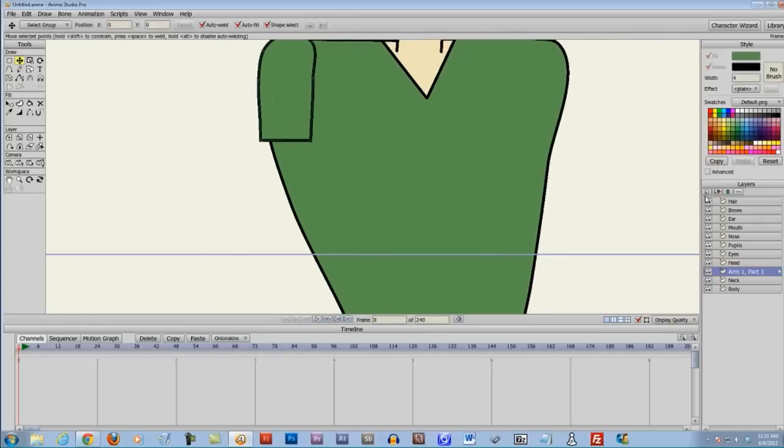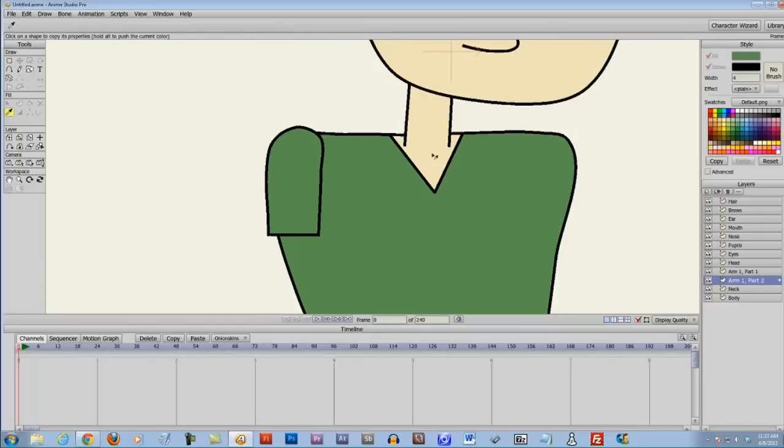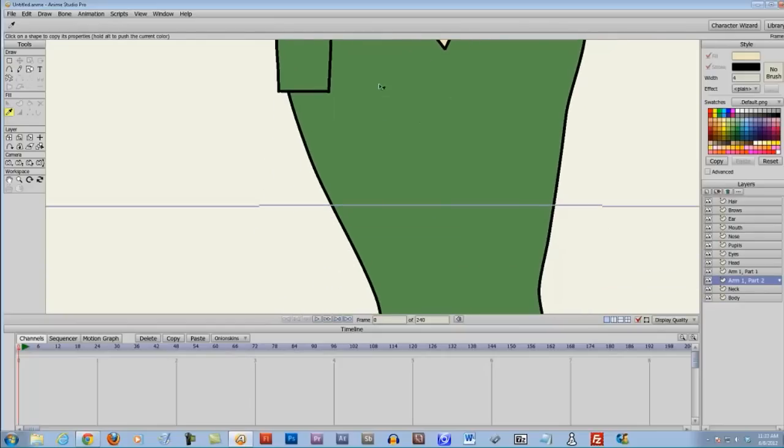So we'll make a new layer and choose vector, and we'll name this arm 1, part 2. And we'll place this part below the first part. So just make sure that you have part 2 below part 1, or the sleeve is above the arm, if you want to think about it that way. Now taking the eyedropper tool, we'll select the skin color, and then taking the add points tool,